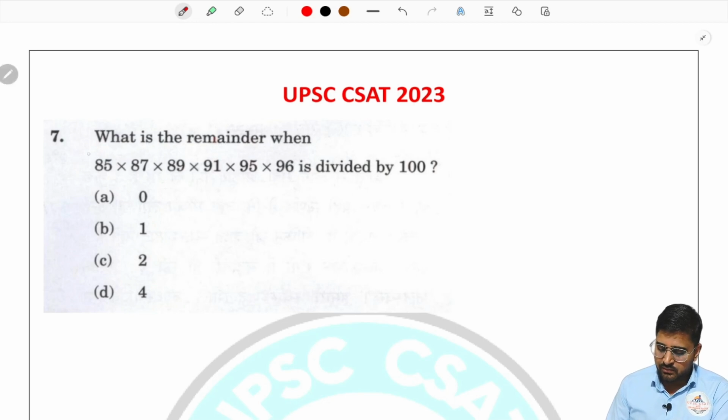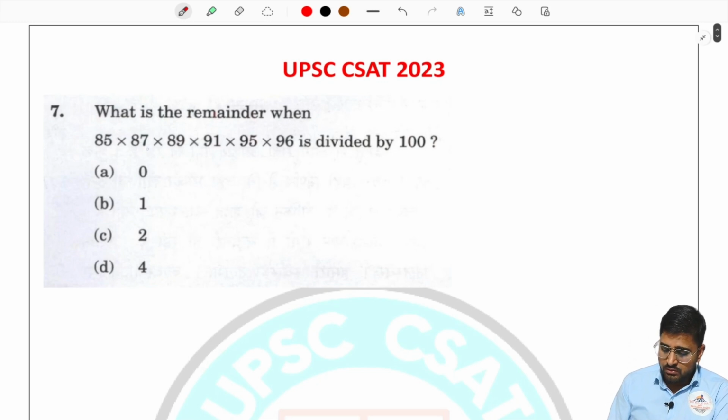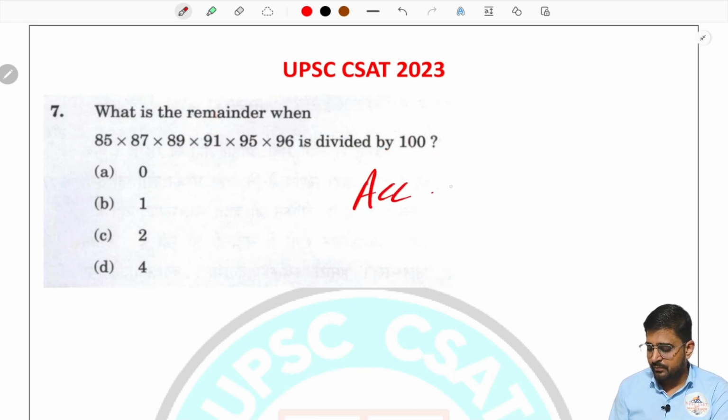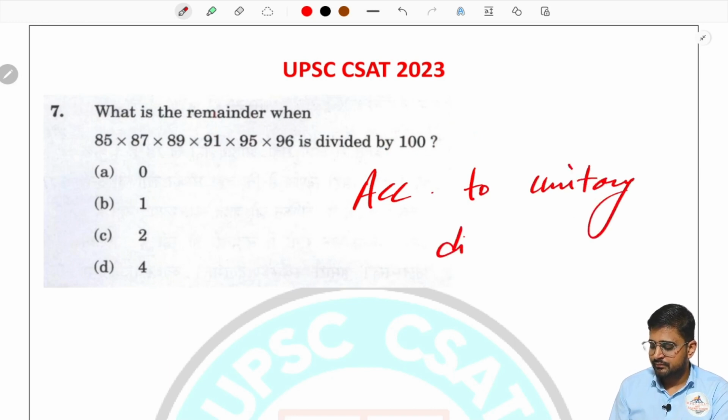Question number 41 in the paper. There are seven. You can download this paper from the Telegram group, or you can download it from the UPSC website also. The question is, what is the remainder when this is divided by 100? According to the unit digit method,